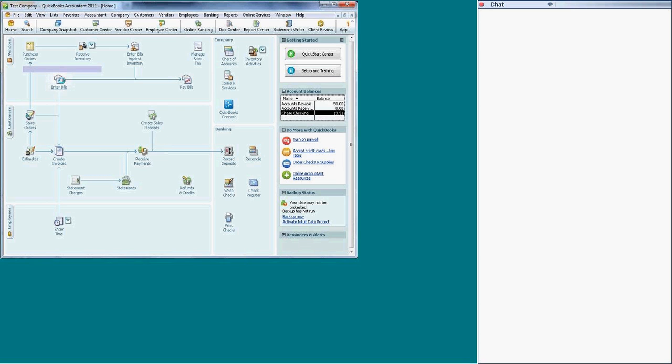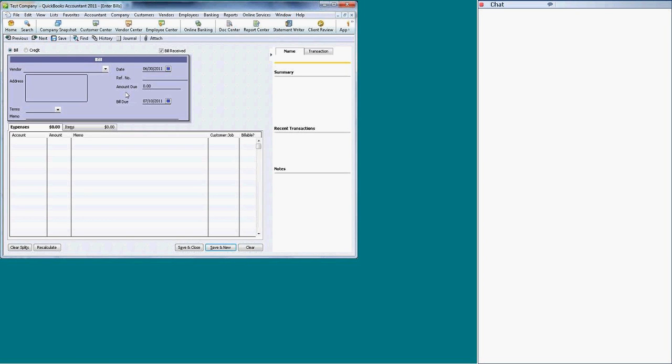You try to go in to enter bills again. Sometimes, especially in today's time, you get the bills by email. You can get a bill by fax, and also by mail. So if you get it like a week later by mail, and you simply forgot that you entered the bill already,